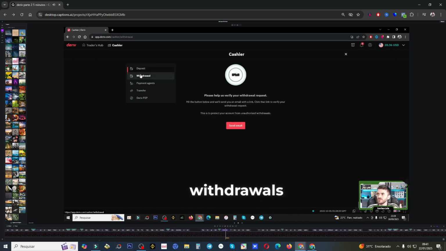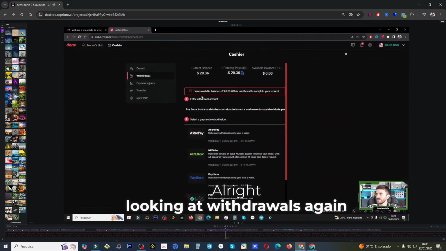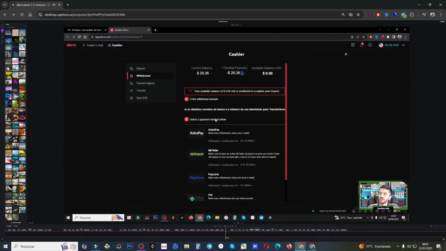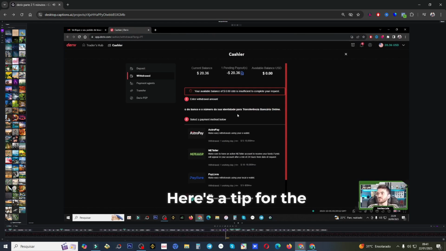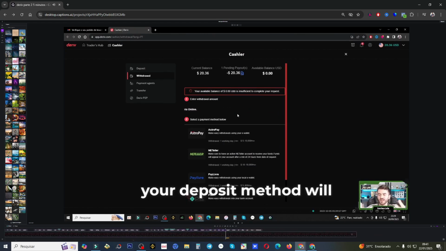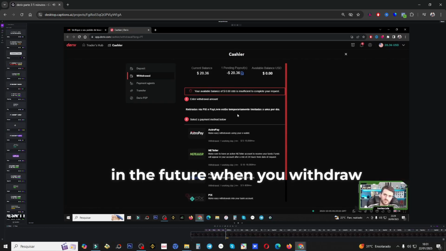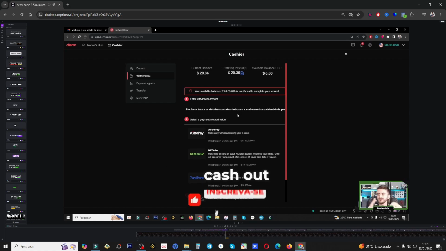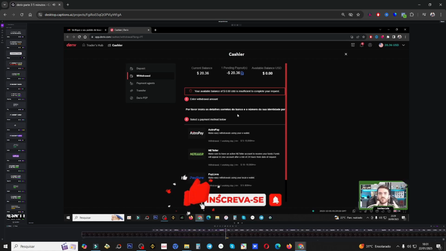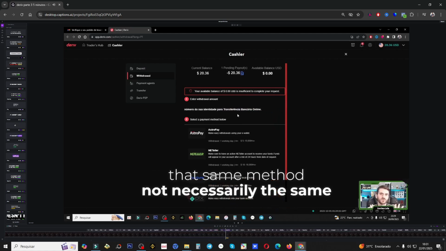Now let's go back to withdrawals. I'll show you that section. I'll enter the withdrawal area to show you the available options. Alright, looking at withdrawals again, we have several choices here. Here's a tip for the Deriv platform, which applies to all brokers. There's a basic rule that your deposit method will affect your future withdrawals, in the future when you withdraw, or in other words, cash out. So if you deposited using a certain method, you'll need to withdraw using that same method, not necessarily the same